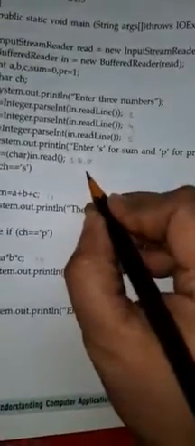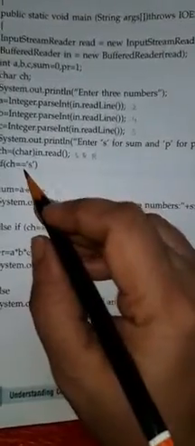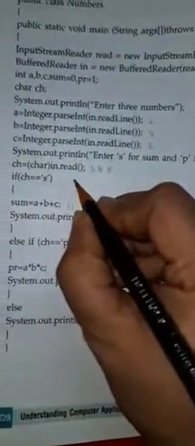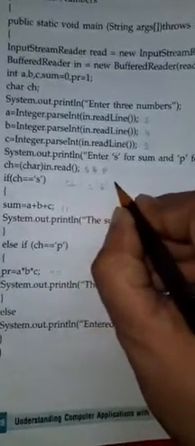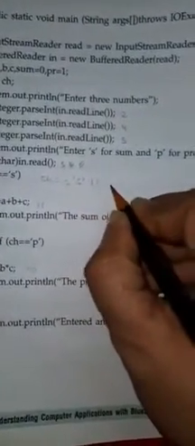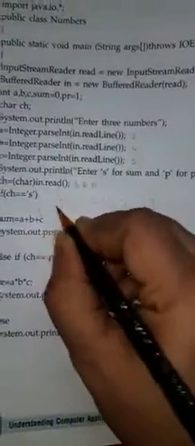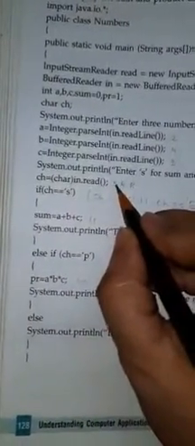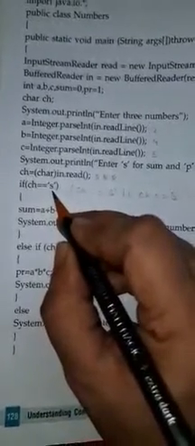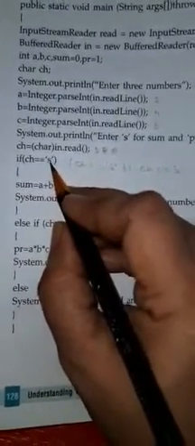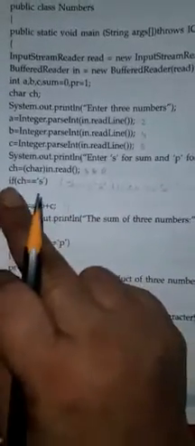But when you enter the character, you have to enter a small s or small p. Otherwise you have to give the condition as CH is equal to small s or CH is equal to capital S. Then only it will take. Otherwise, if the condition has capital S and I give only small s, again it will say invalid, because it is a small s and CH is capital S. So that too is a thing that is different.